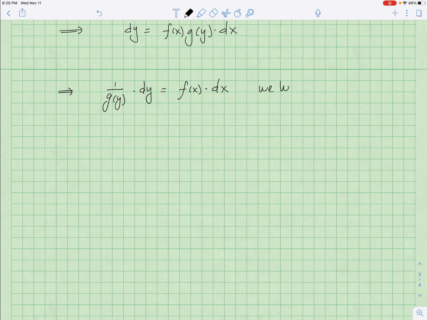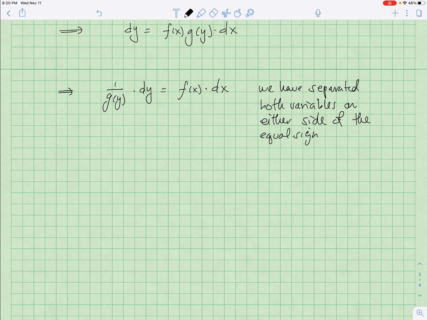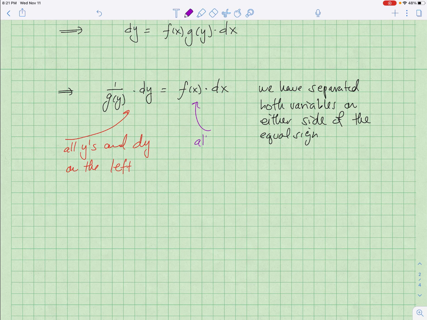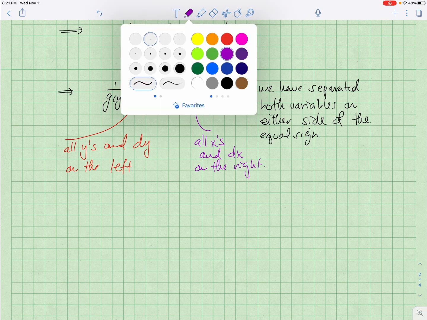And so we have separated both variables on either side of the equal sign. So what do we mean by that? All y's and dy on the left, and all x's and dx on the right. Before we go any further,